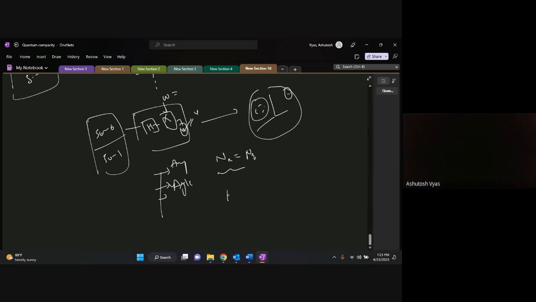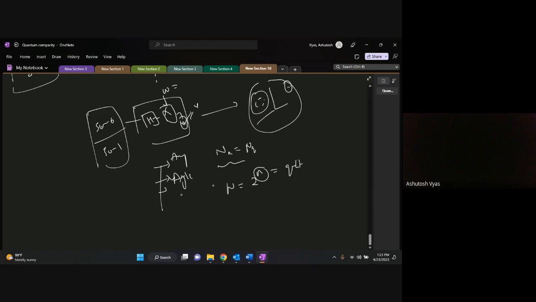Angle embedding, if I'm not wrong, is 2 raised to the power n, where n is your number of qubits. So different embeddings will use different numbers of qubits, depending on how you want to represent that information. And there is something called basis embedding. Embeddings are of this shape also, and all of them are possible. But this basically depends upon the type of embedding we are using, which will specify how many qubits we actually want.